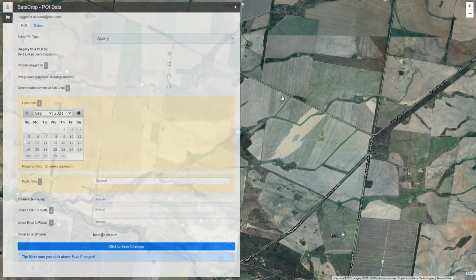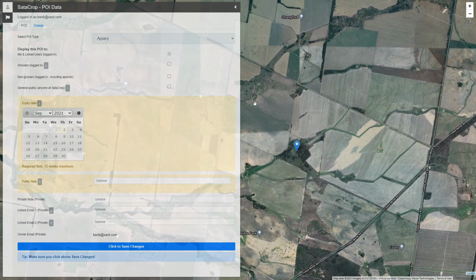And that brings you to this staging area where you get to add information about that point. So select the POI type, apiary. That's the only one we have at the moment. Now this is an important step here. This is in regards to permissions. Who can see the location of this point? Now by default it's just you